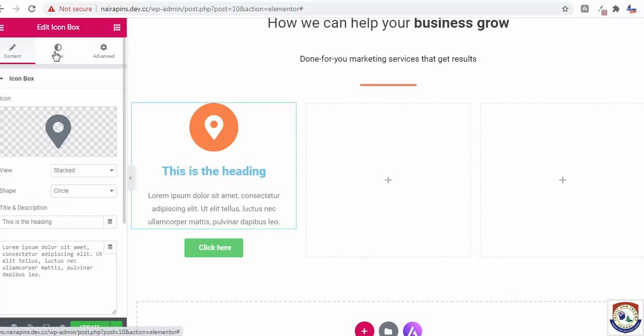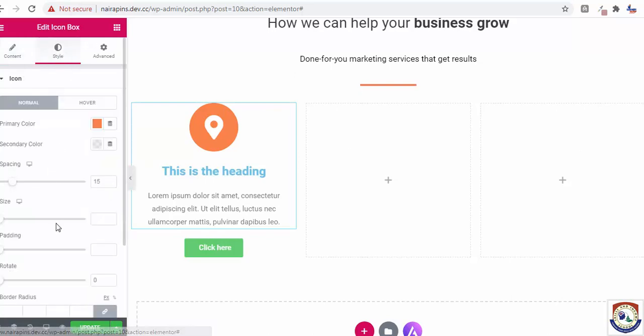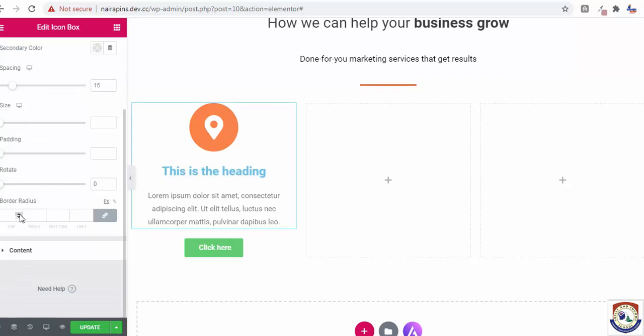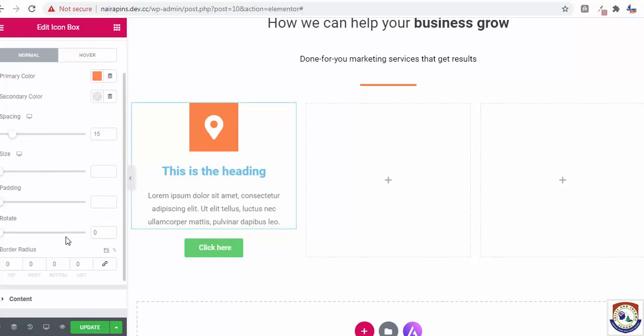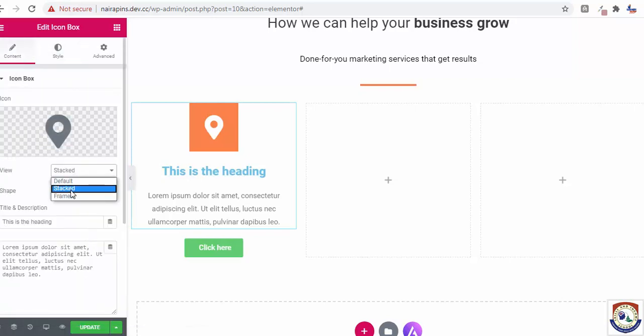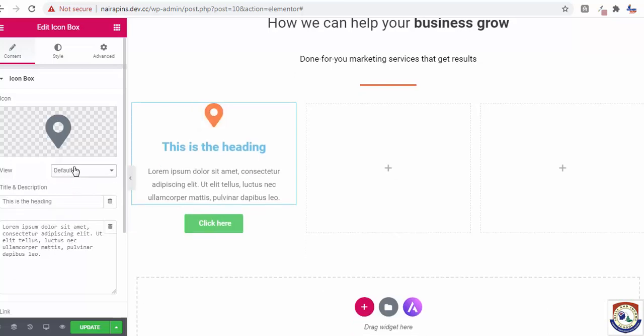So you can do different things. You can choose border. Though I don't like border, so let me just revert this. Then let me just go to contents. Just tagged. Sorry, defaults.